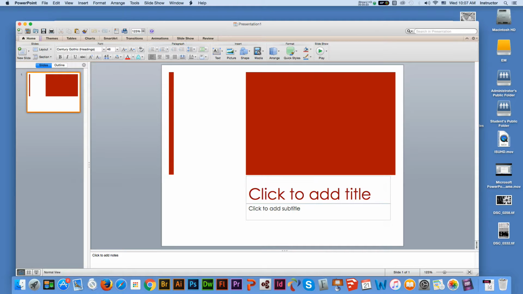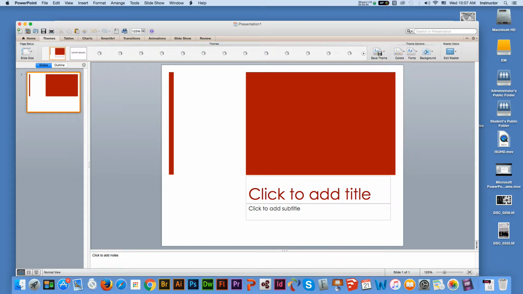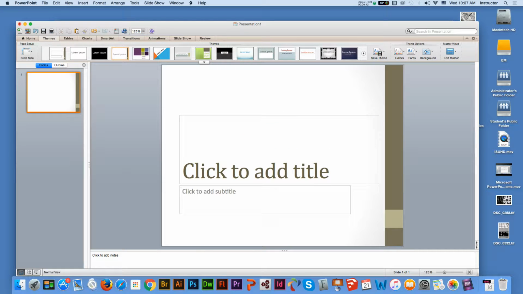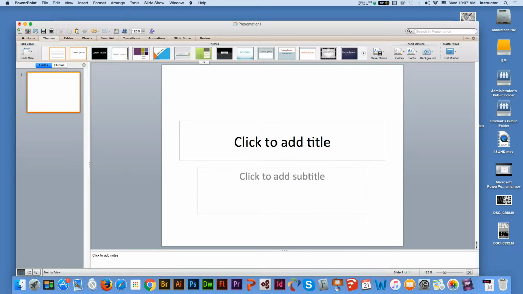Okay, here I don't really need this. Change to a different theme because this one is a little bit distracting. Yeah, I choose the simple one because I'm going to modify that a lot. Okay, delete this,